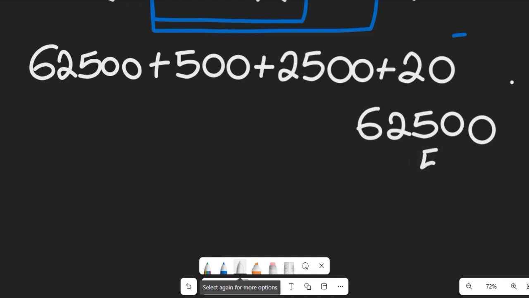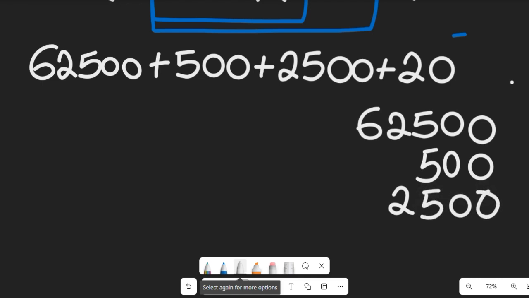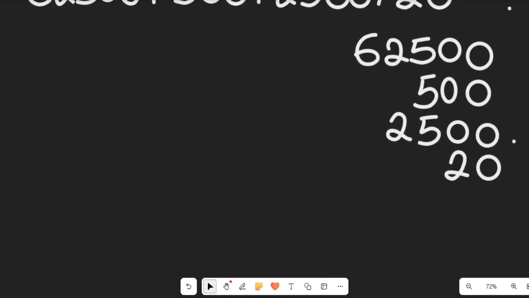And we have 500 in its place value. We have 2500 and then we'll have 20. Good. Now when you sum this, we'll have that expression to now give us,